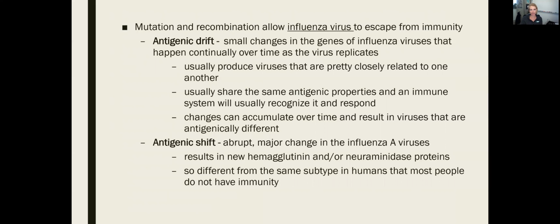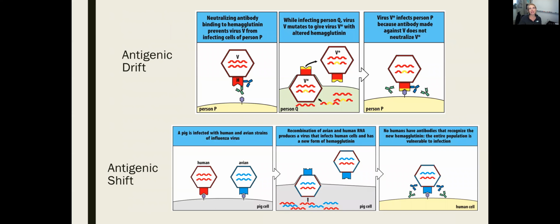antigenic shift situation. Now, we had this happen in 2008. You may recall, maybe you know somebody that got sick, maybe you got sick, but in 2008, a strain of influenza called H1N1 changed. Well, it wasn't H1N1 at the time, and it was a combination of 2 different viruses, a human virus of influenza and then an avian strain of influenza. And pig cells are unique in that they have receptors for both avian influenza and human influenza. So a pig somewhere, they're thinking maybe Iowa,